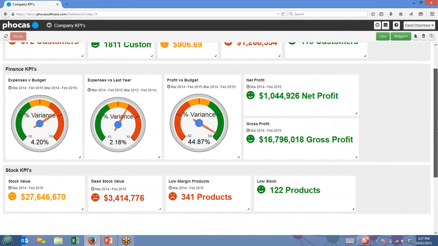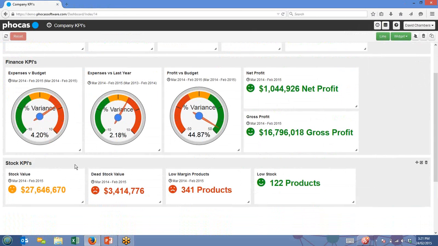The final thing we're going to have a look at is our stock information down the bottom. So what we can see there, we've got a series of stock KPIs. We've just got a simple stock on hand value down the bottom there, saying we've got $27 million worth of stock in our warehouse. We've got $3.4 million worth of dead stock. What I mean by dead stock is stock that we haven't sold in 12 months, but we've got stock of